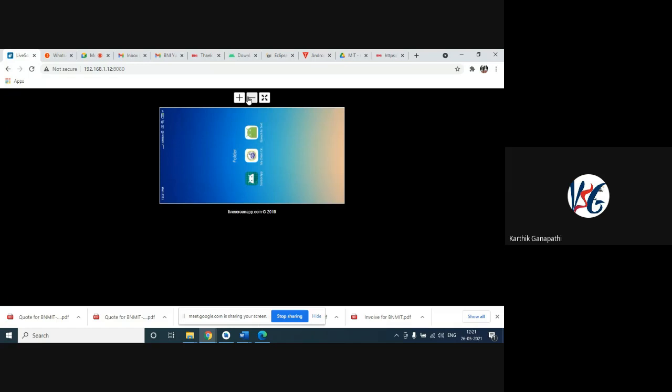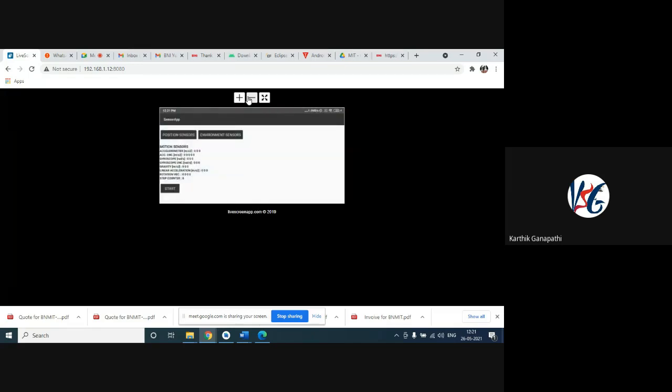Yes, this is one of the applications that we developed for getting the sensors. As you can see here, these are the sensors available on your phone. Right now this is with respect to the motion sensors. All the motion sensors in our phone are working, and we can see the values of those sensors. If I click on position sensor and then start, it will start calculating, and whatever sensors are related to positioning will be displayed here.